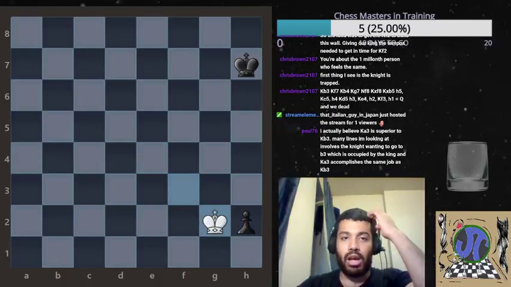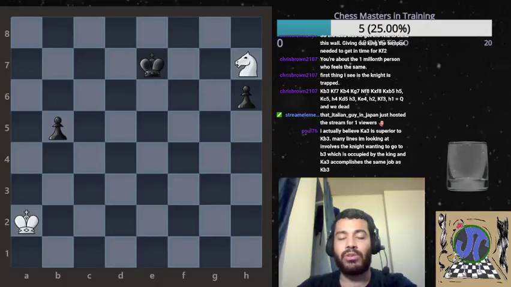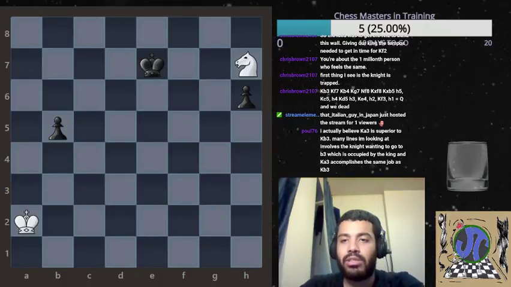And Paul, I'll go over yours. So you said King A3 superior to King B3. Many lines I'm looking at involve the knight wanting to go to